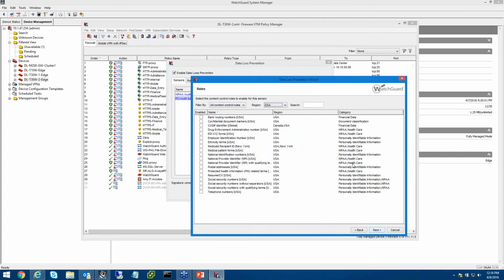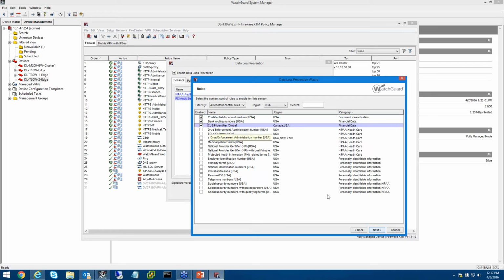And we can look at everything like bank routing numbers. So we want to take care of that. Confidential document markers, obviously we want to take care of that. Anything over here that would be marked as financial data, we would want to check off. And then personally identifiable information, employer identification numbers,